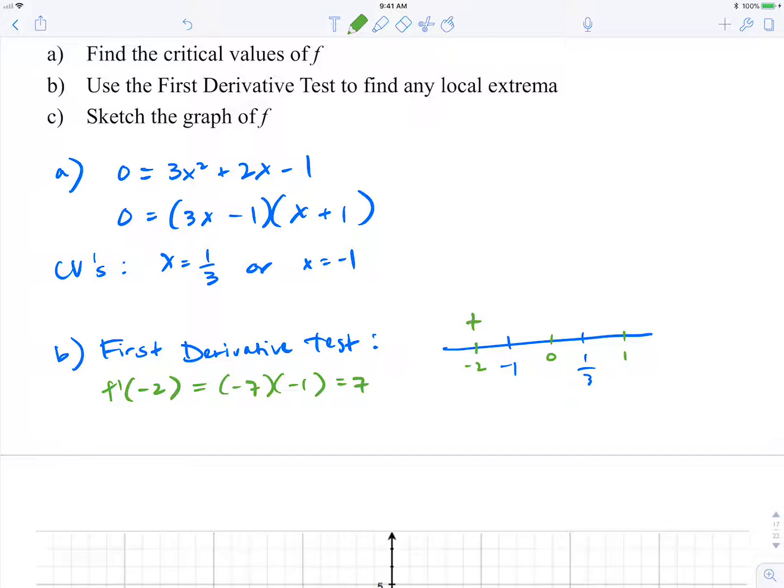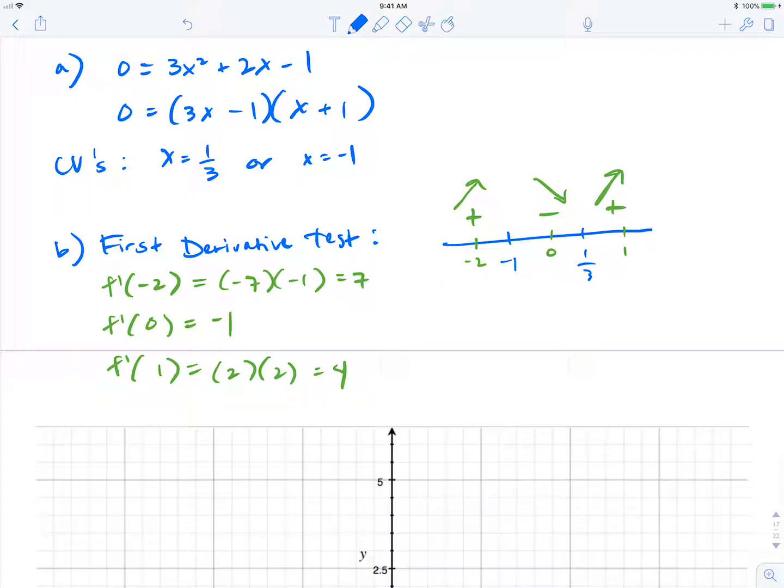Okay, so positive. And f prime of 0 is -1, so negative. And f prime of 1 would be 4, so positive. So the function is going to go from increasing to decreasing to increasing, meaning there will be a